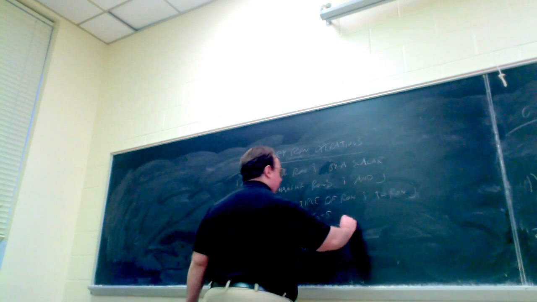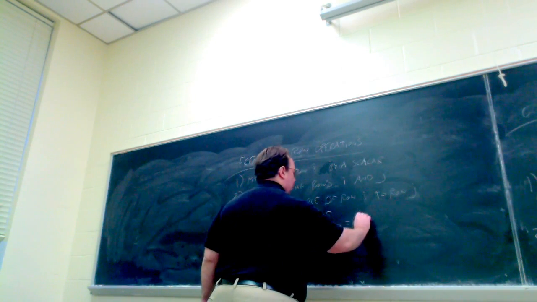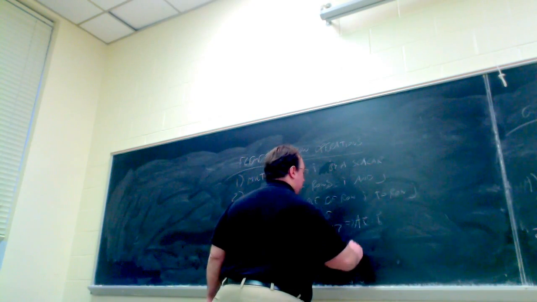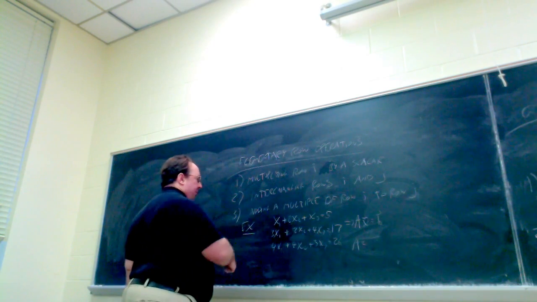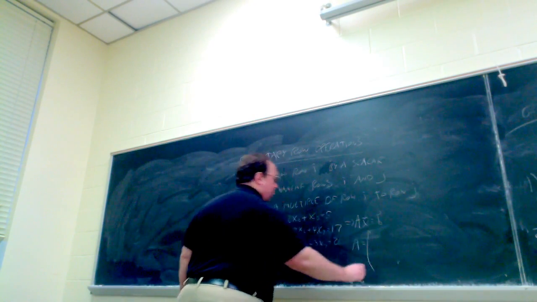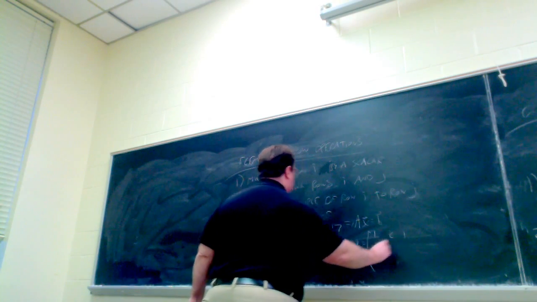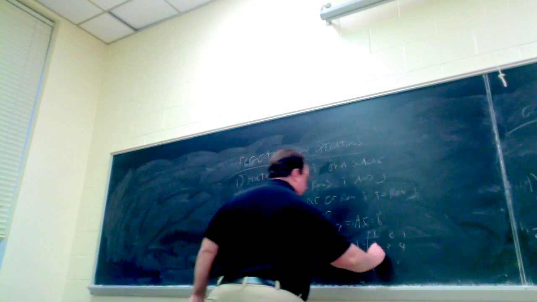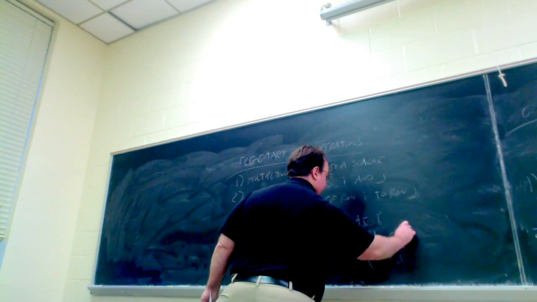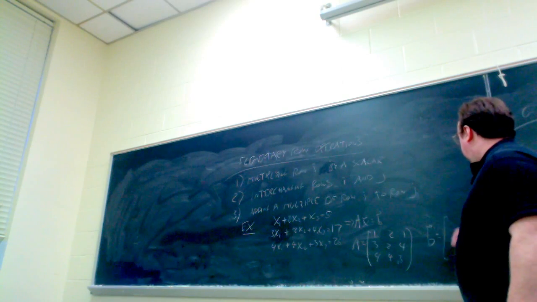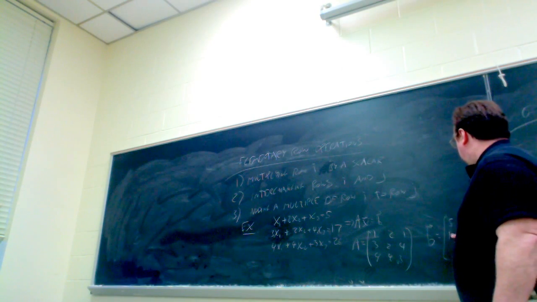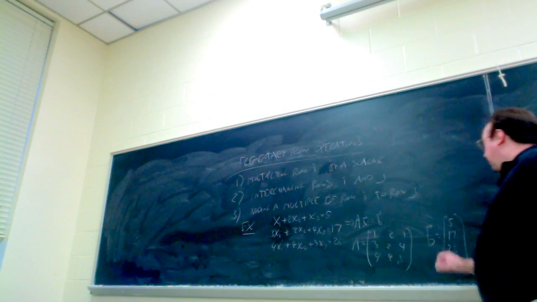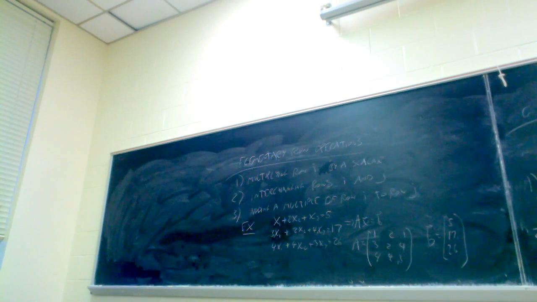It corresponds to AX equals B, where A is our matrix of coefficients. So we have 1, 2, 1, 3, 2, 4, 4, 4, 3. And then our right-hand side B is 5, 17, 26. Okay, so what I'm going to do is use row operations to reduce this system to an upper triangular system,